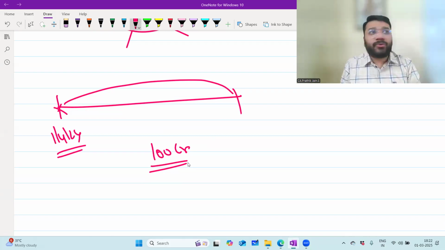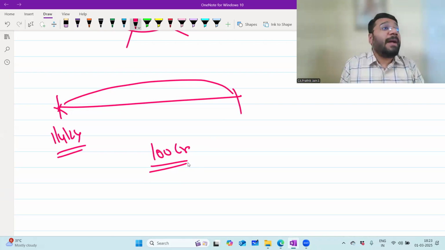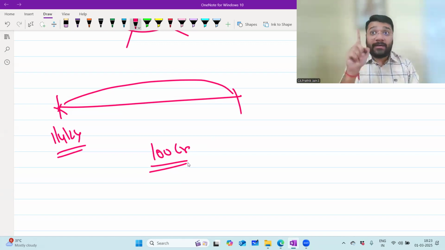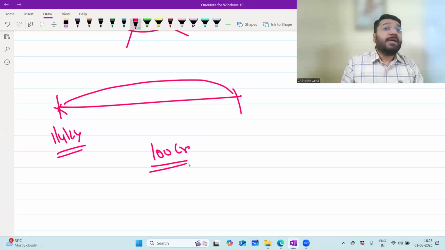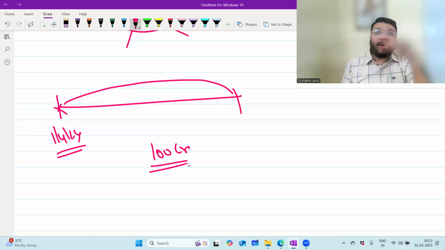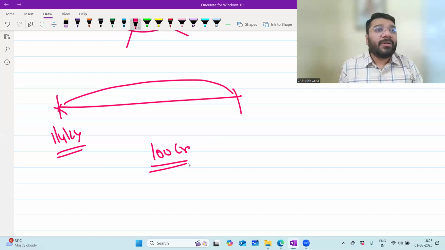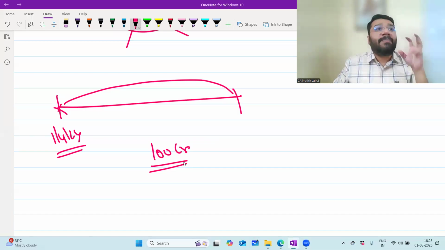Let's suppose I got this laptop today. Six months later, a particular component of this laptop gets spoiled, and it's a manufacturing defect. You didn't spoil it on purpose; it happened automatically, beyond your control. So we call it a manufacturing defect. In the warranty period, if you take that laptop or any device to the company, they will replace that component free of cost. Free of cost is for you, but for the company there is a charge, no? So every year what happens? People come and claim